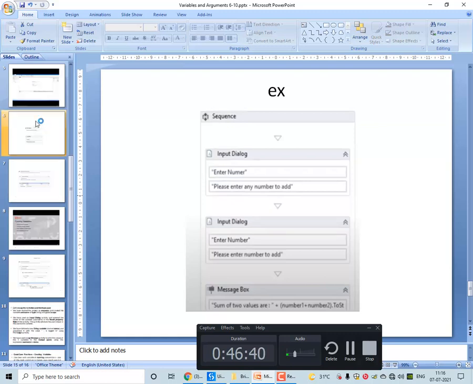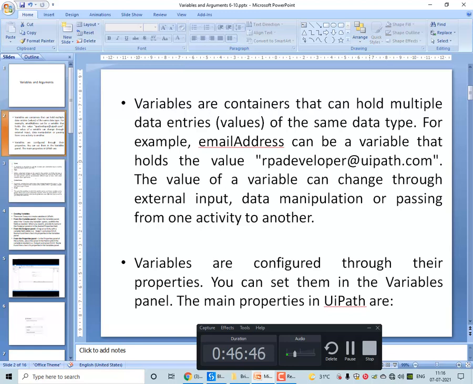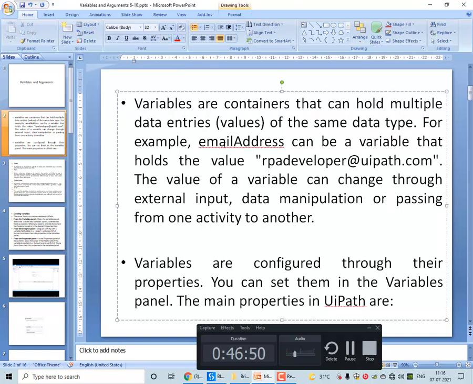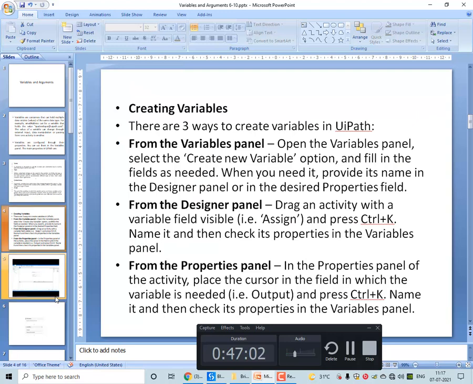So let us have a quick recap of today's session. Variables and arguments. What are variables? We have seen there are different types of variables: strings, integers, array, okay, list. Then we have seen what are the different three methods from which we can create variable.